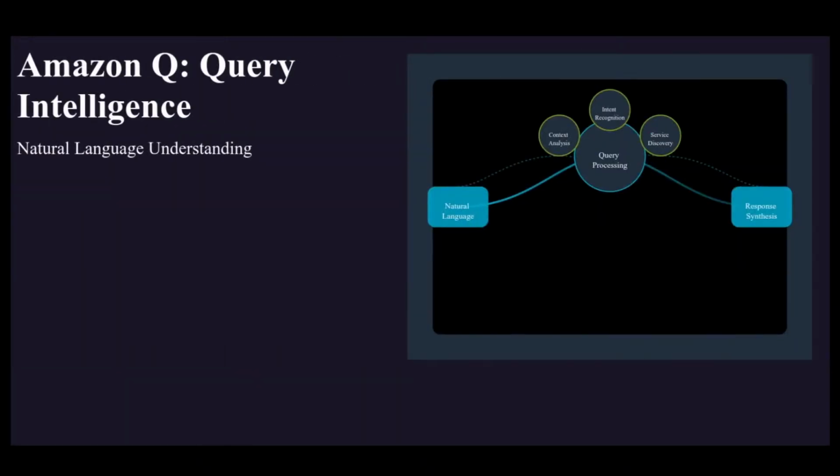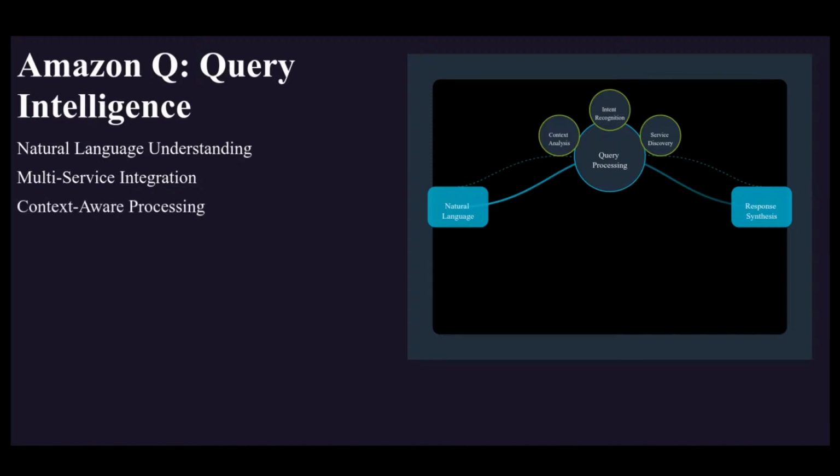So Amazon Q Query Intelligence is a natural language service that has deep integration with many different components. The multi-service integration is a big part of what Amazon Q does. For example, if you open up Cloud Shell, it has integration with chat and also the ability to help you build command line tools. And also you can use it as a development environment, amongst other things like security.